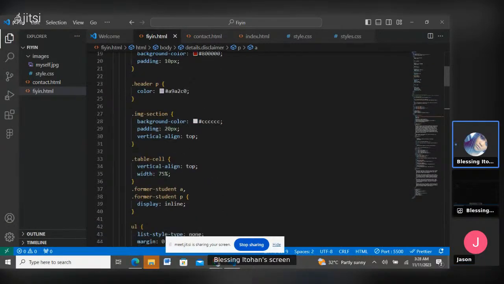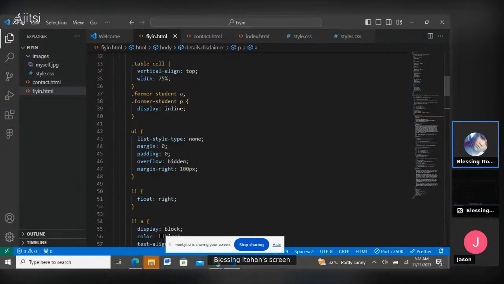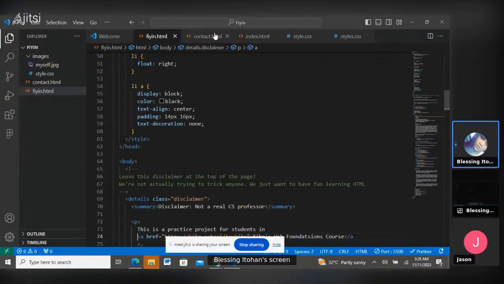Let me see. There's no CSS file in this one. But in your own, they've already linked a CSS file. All right. So what you want to do, and I think that CSS file is just what you want to do,